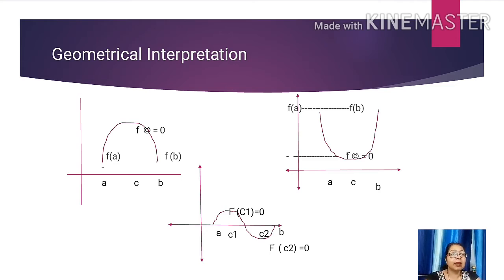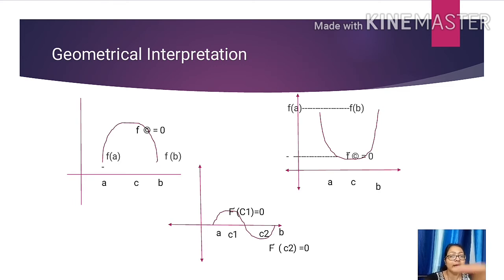Now let us check the second graph. In the same way, here also I have drawn a continuous curve, that means it is continuous and differentiable also. And f(a) and f(b), the functional values at the end points A and B, are both the same. Now at the point (c, f(c)), if we draw a tangent, that line is parallel to the x-axis, so f dash c is equal to 0.